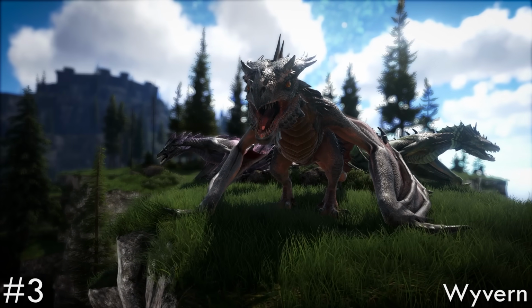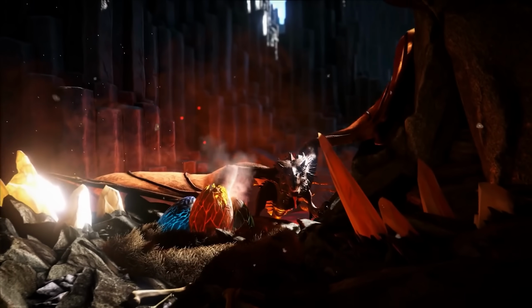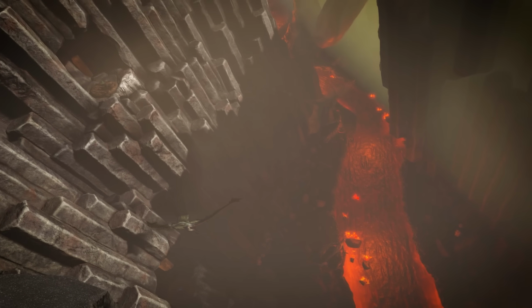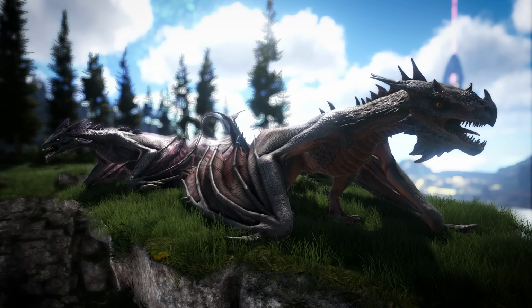In at number 3 is the Wyvern, the original and first DLC exclusive creature to arrive to ARK, where everybody wanted one and everybody else became afraid of. The introduction of Wyvern certainly shifted the gameplay drastically, being big hulking winged beasts of the sky,